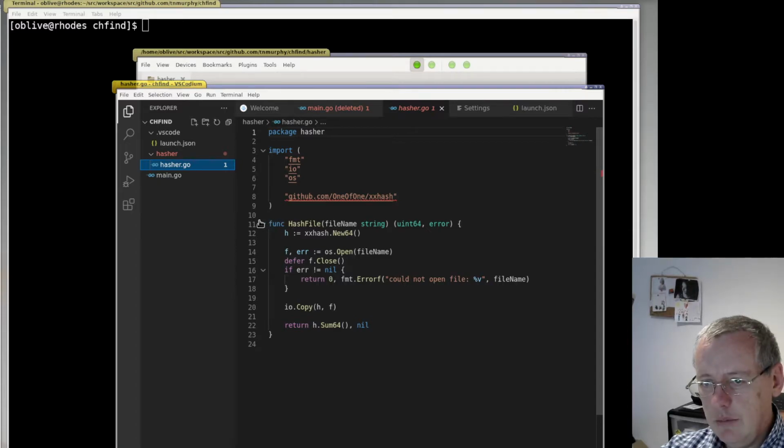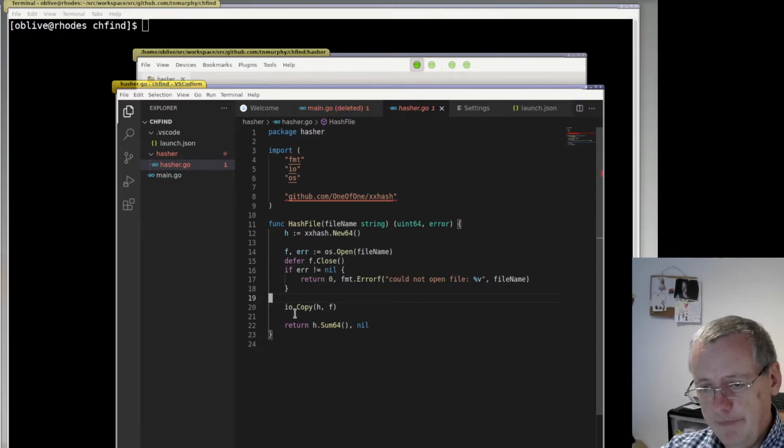In here we see that we've got a function that calculates a hash. If you look here, this is stuff you might not have seen before in the lessons. We're opening a file, and we're using the defer function to ensure that the file is closed before we exit this function, no matter how we get out. It's very useful. Then we're saying if there's an error, return, and you can imagine that depending on the error, you'll definitely still call fclose,